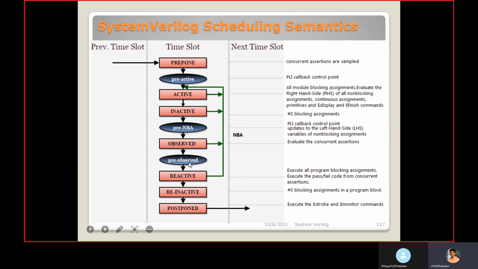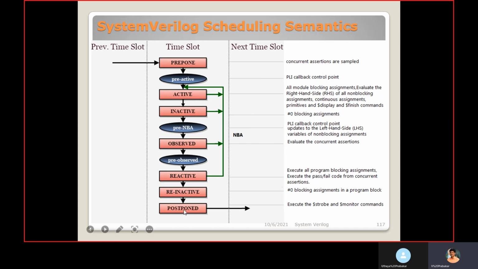Then the observed region we discussed. Then the reactive region: program blocks, where the actual testbenches are implemented, happen in the reactive region. Inside the program block, if you use #0 for any blocking statement, that happens in the inactive region.